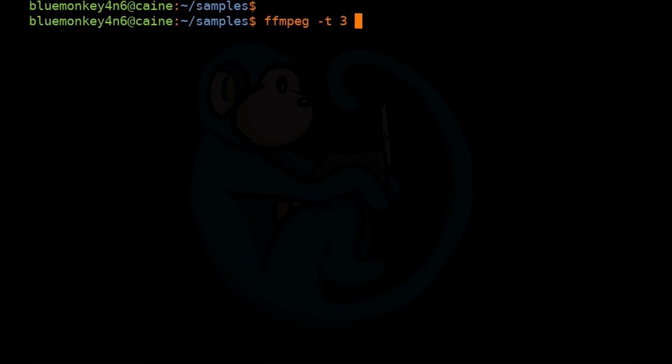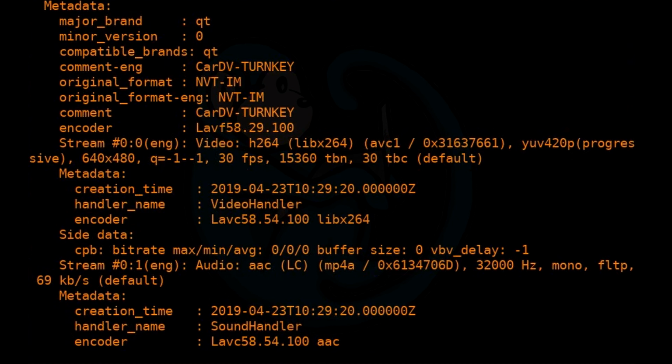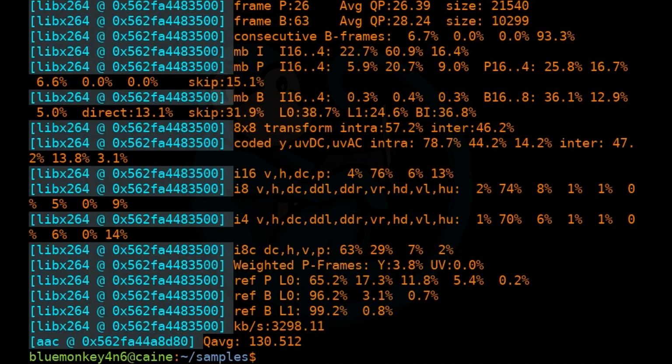So we're going to do -t, and then 3, -i, kona.mov, and then we're going to use the video filter, so -filter:v, and then double quotes, we're going to put crop=w=640:h=480, and double quotes. And then the output, we're going to say kona-cropped.mov. So what this is going to do is that it's going to use a video filter and then only crop out a portion of the video that is 640 by 480. And because we did not specify the X and Y coordinates, it is going to center it within the original